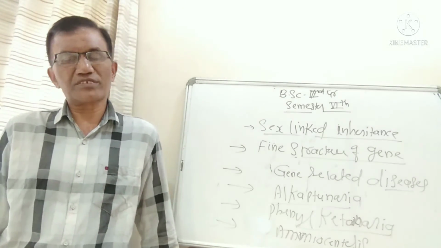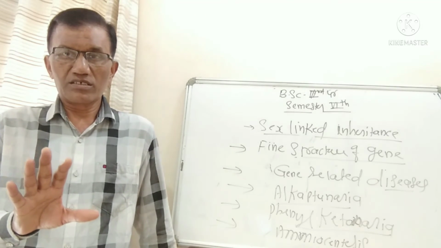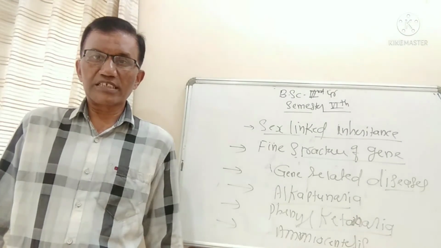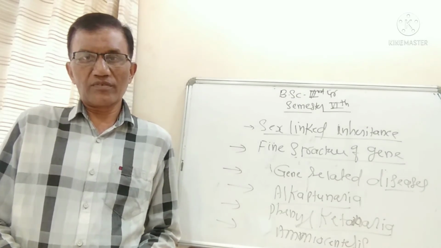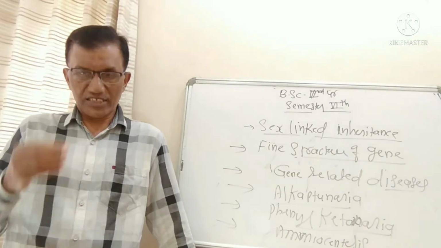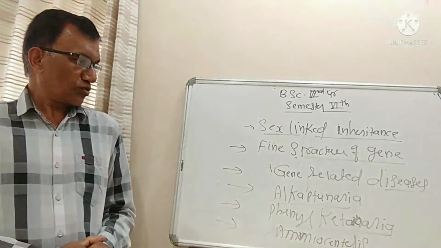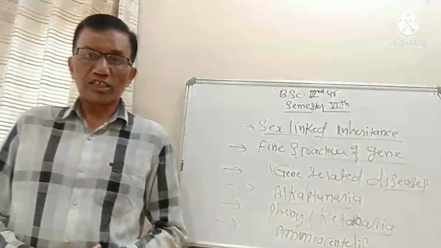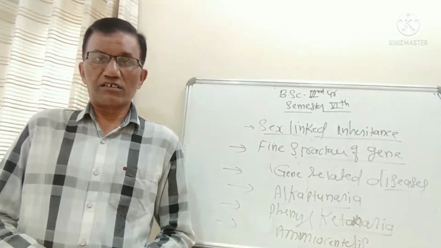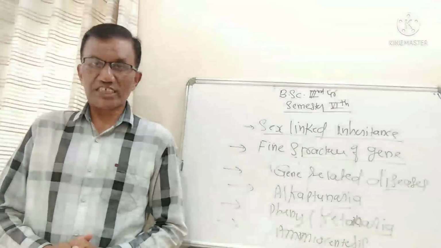After that, there is one more thing you have to study, that is the application of genetic engineering and plant breeding, the use of genetic engineering in plant breeding. These things have to be studied properly. With this, we will discuss again tomorrow recombinant DNA technology, gene cloning, vectors, and application of genetic engineering in plant breeding.